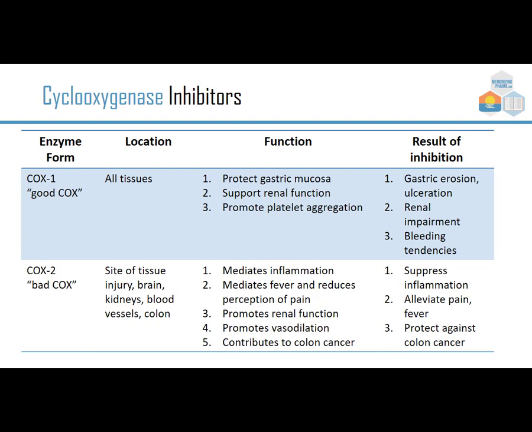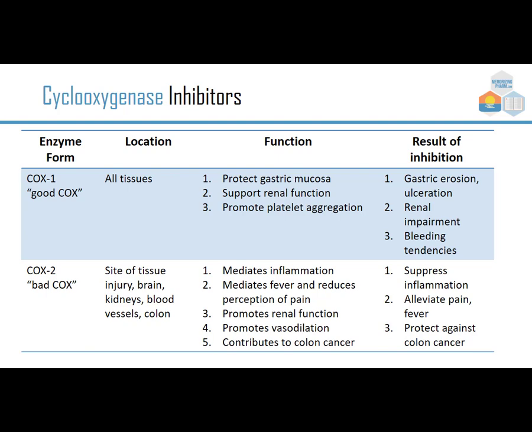So as we're looking at the enzyme form, COX-1 is considered the good COX, and we'll see why in a second. It's located in all the tissues, and it has three primary functions. So it's going to protect the gastric mucosa, support renal function, promote platelet aggregation. But if you inhibit this, as some of the NSAIDs will, then you would get gastric erosion, ulceration, renal impairment,